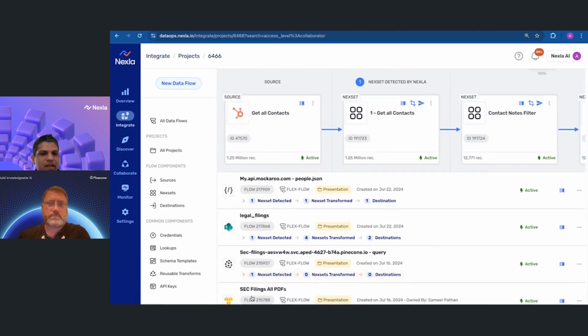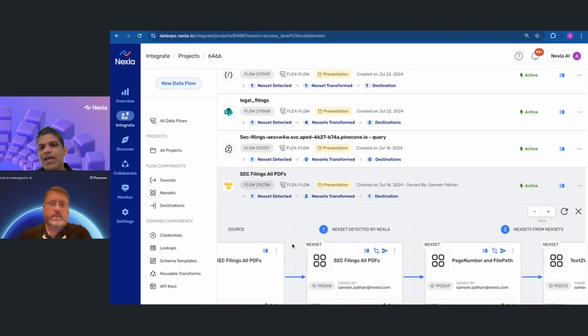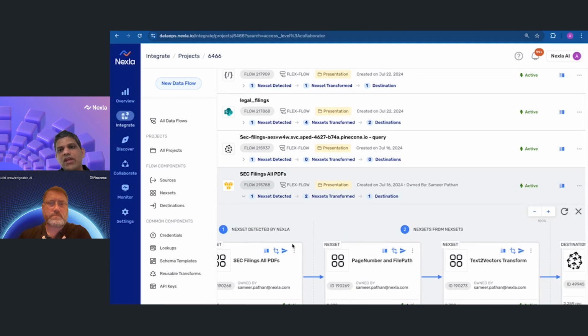Another example is of SEC PDFs that we just downloaded from the internet. These are all the SEC forms that are available, which anyone can get. We put those SEC forms on S3, and we're again able to do similar steps to get the data into Pinecone. This is the power of Nexla, where you can leverage multiple different connectors on multiple different formats and get data into Pinecone so that you can talk to your data, do, as Corey mentioned, a variety of other applications